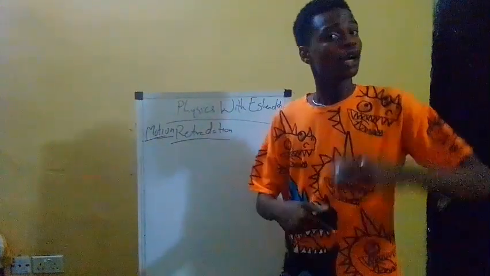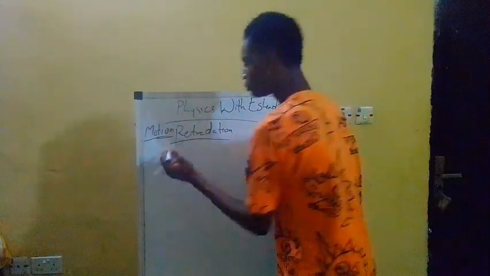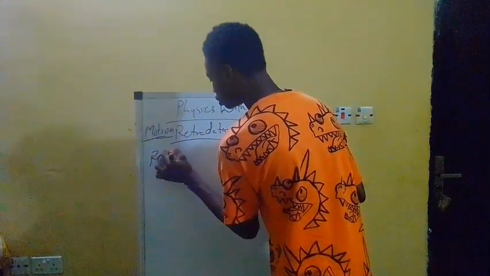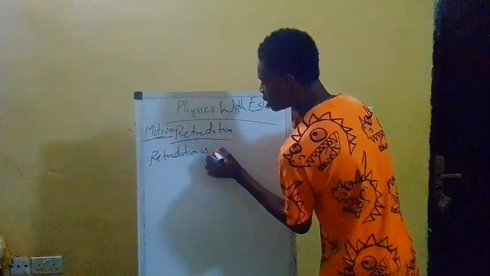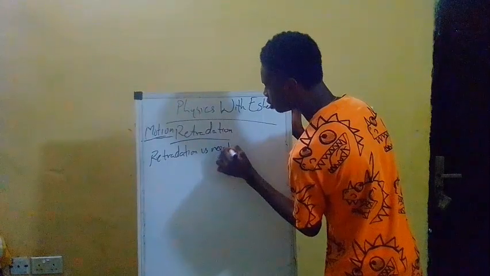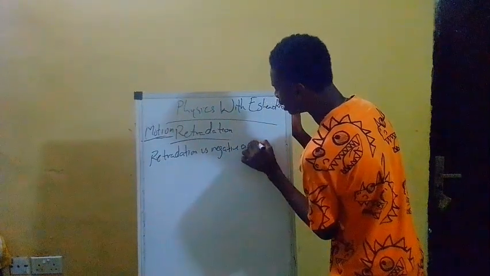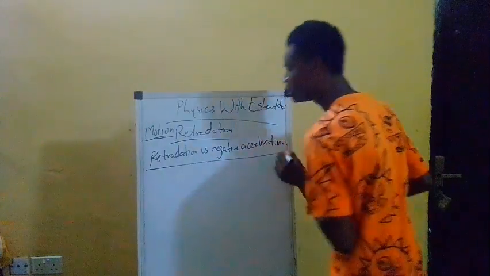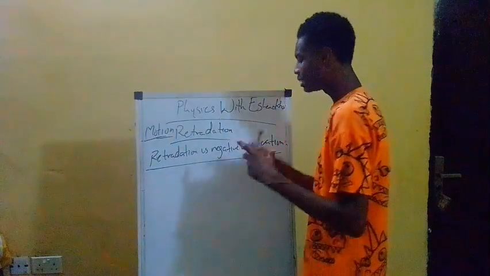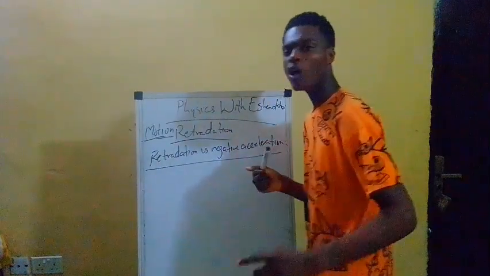So let me write it on the board for those who want to copy. Now, retardation is negative acceleration. Now, pin this down. This is what it is. It's basically a negative acceleration. Now, the process